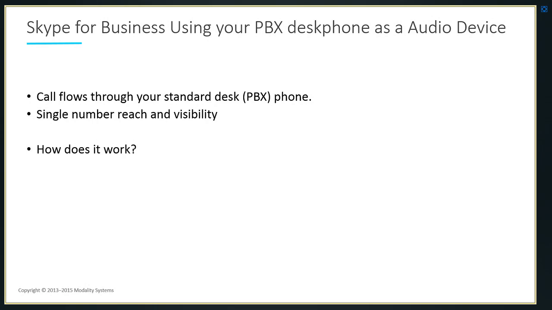It's fairly straightforward once set up, but certainly there is a bit of work between your PBX vendor or your internal communications team and your Skype for Business UC team as well. What it allows for is a single number reach and visibility. So when you type in a destination number from your Skype for Business client, you might have a different number range within your Skype client and also on your PBX, but what would be presented to the external party who you've actually called would be your PBX telephone number.